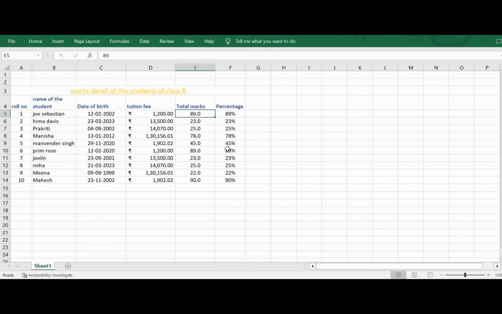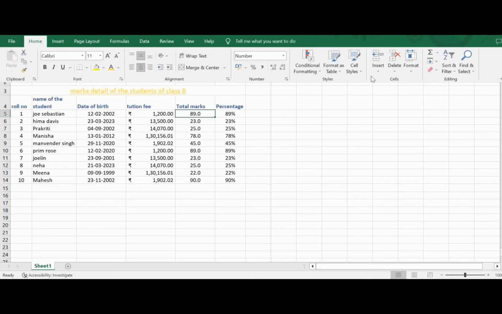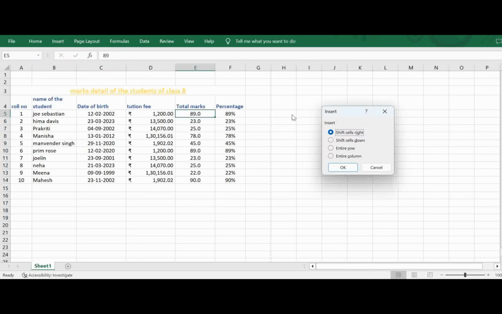Imagine I have a cell selected and I would like to shift this cell to the right. So I can select Home, go to Insert, and say Insert Cells. I need to insert a cell at this position. In order to do that, it is necessary for me to shift the cells towards the right or shift them down, or I need to create an entire new row or entire new column.